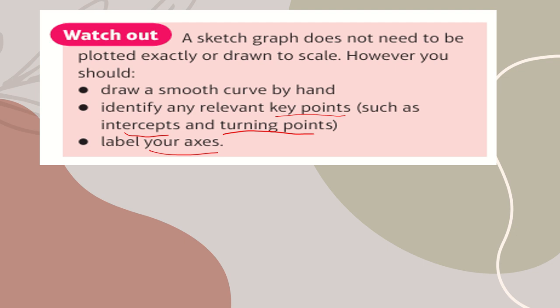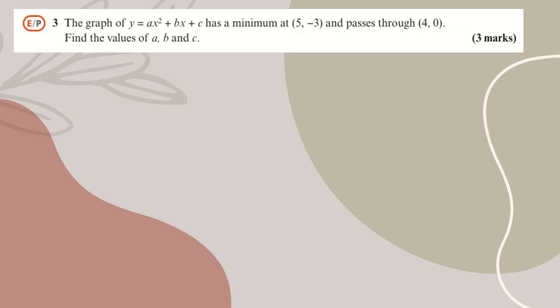Okay, so I am going to solve one more problem before we finish. So here it's actually the opposite way. You have been given the minimum point and it also has been given that it passes through (4, 0). So what you need to do is find the values of a, b and c. That means before you were given the quadratic expression, but you had to find out the minimum points, and then you would sketch the graph. So now the minimum point is given, but you need to find out the values of a, b